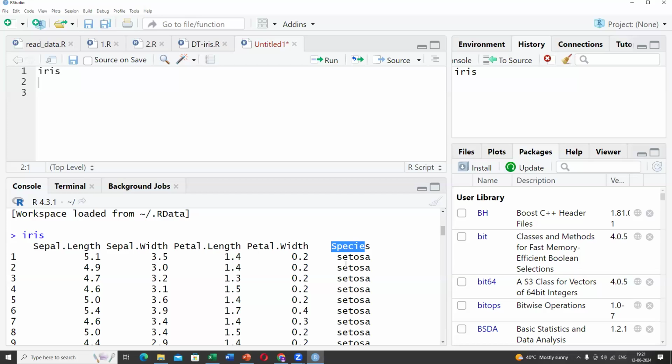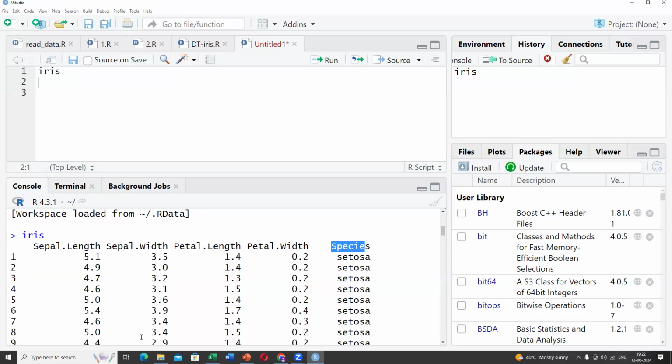Let's first understand which columns are independent and which are dependent. If I want to classify what category of flower we have on the basis of their sepal length, sepal width, petal length, and petal width,